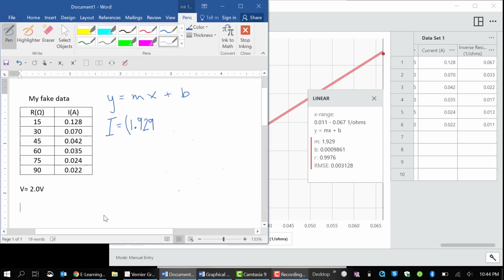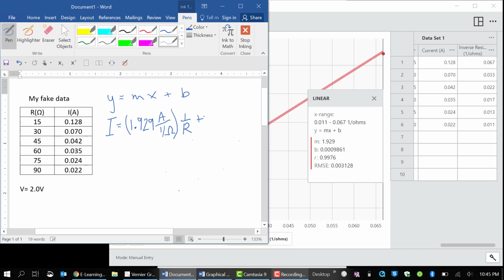So the slope is going to be A divided by 1 over ohms. And then my x value is what's on the x-axis, which is 1 over the resistance,